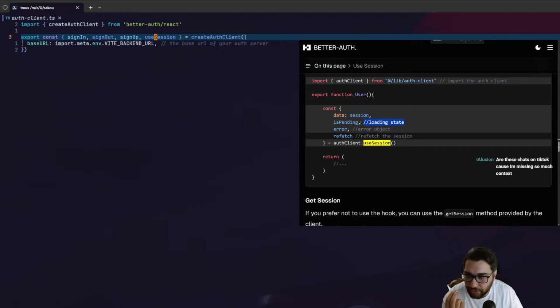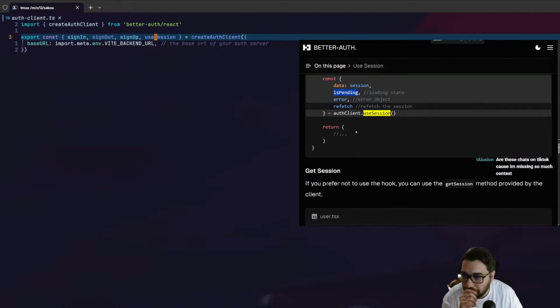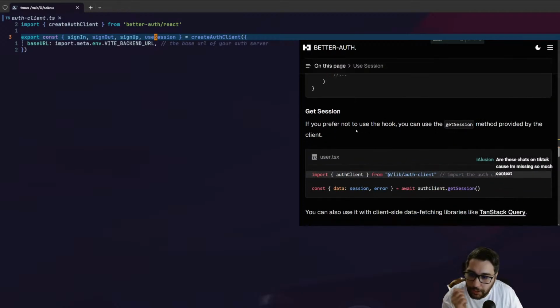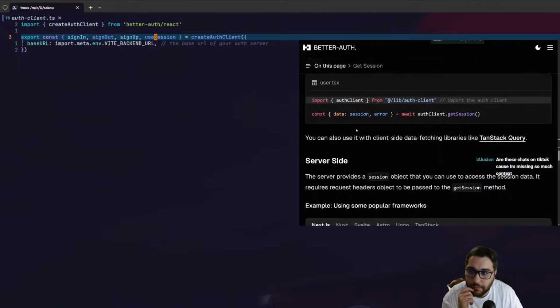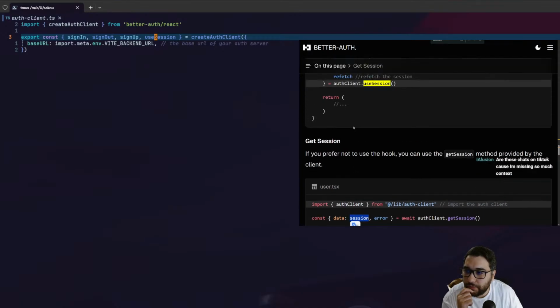Wait a second. It returns data of that session, but also it returns is pending, so it waits for, okay. Needs some time to do that, okay. Makes sense. Yeah, it gets something from the backend though. And then get session, data session. So what's the difference here? So here,